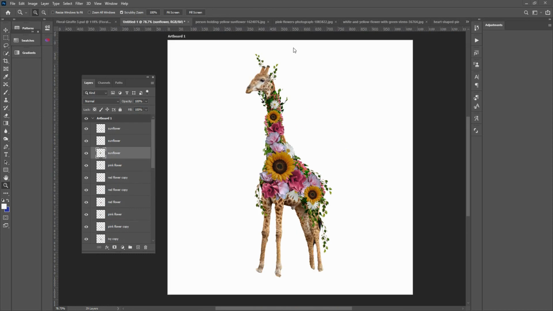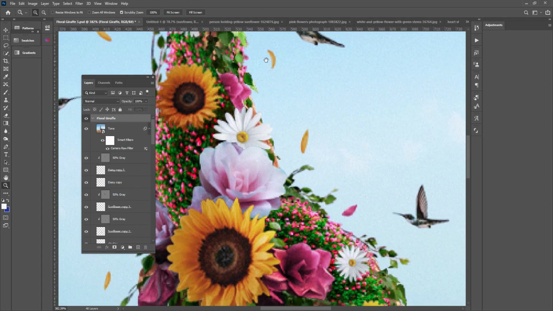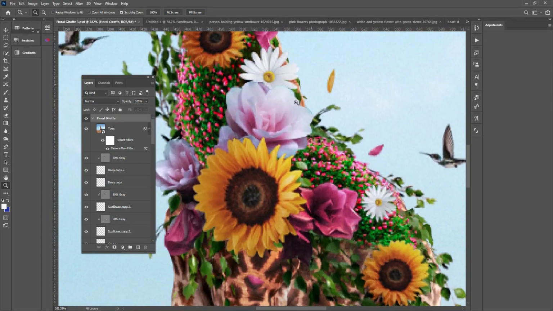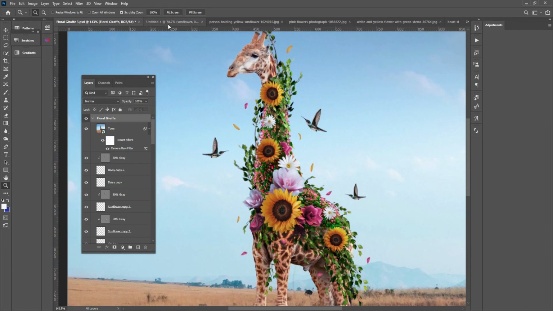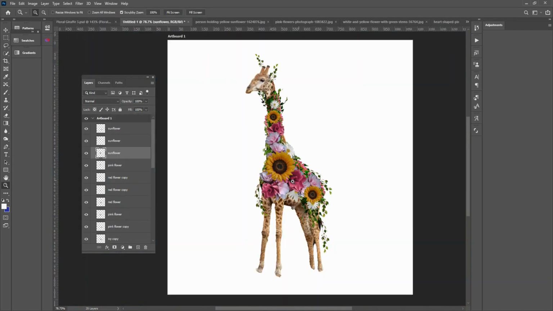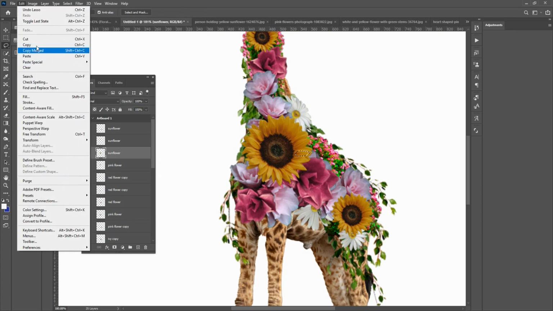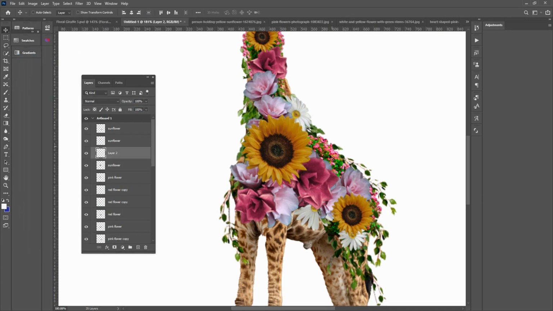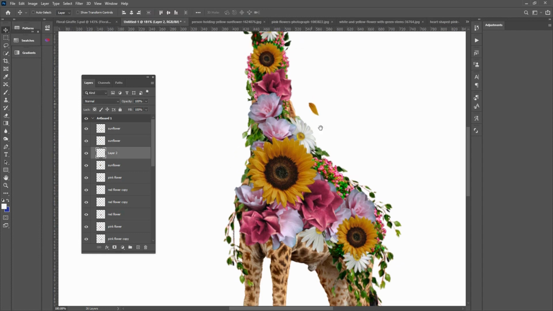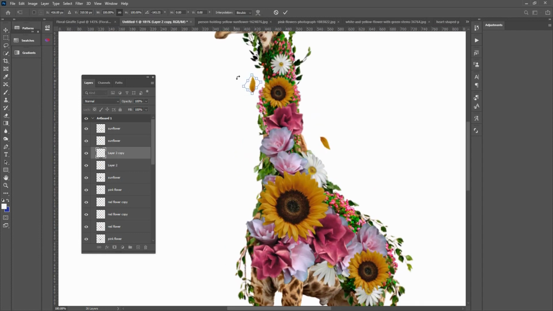Okay, for the next part, let's create the flower scatter effects. Like as you see here, the petals are flying around the giraffe body. It's pretty easy to create that. Simply grab the lasso tool and copy. Okay, let's grab this first and then copy that and paste, and you get the first scatter like this one. You can rotate that, duplicate that, scale this down to make it a bit more random,